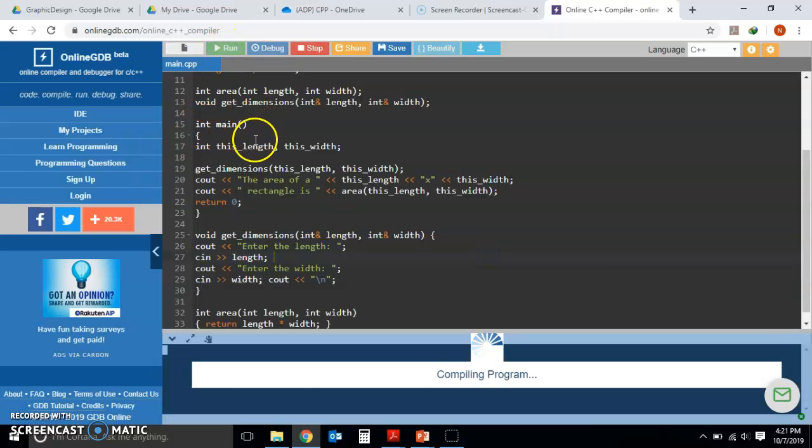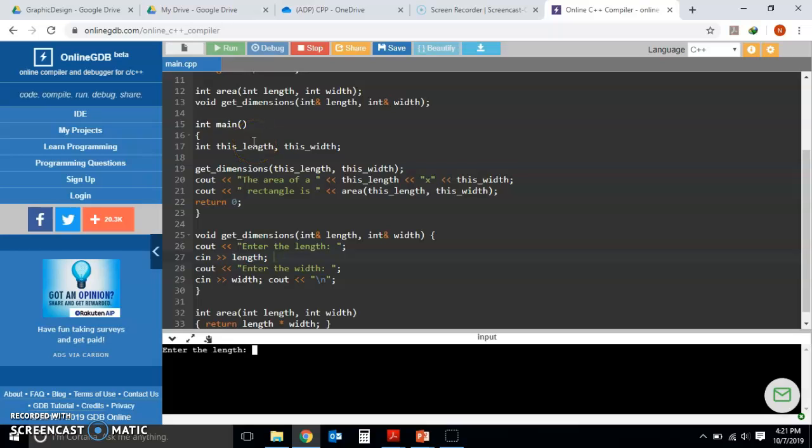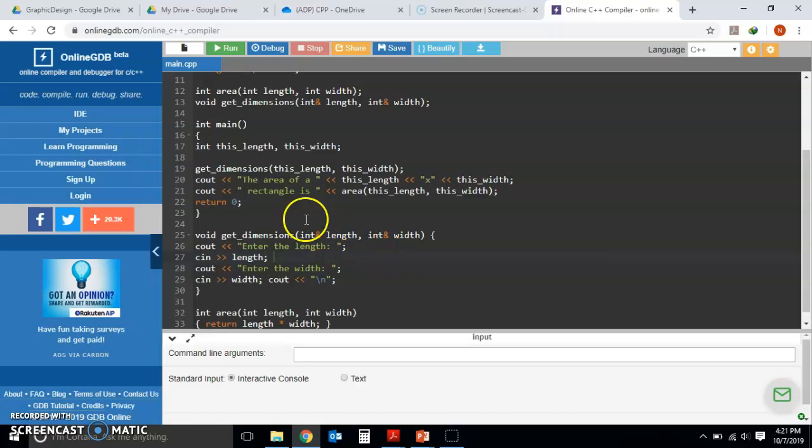Example. I think you can pretty much guess what's the outcome of this program. 13 and 7, for example. So just multiply that. 13 times 7 is 91, right? What would happen, say, if we rename this length and width? Nothing would happen, right? It will get the same result